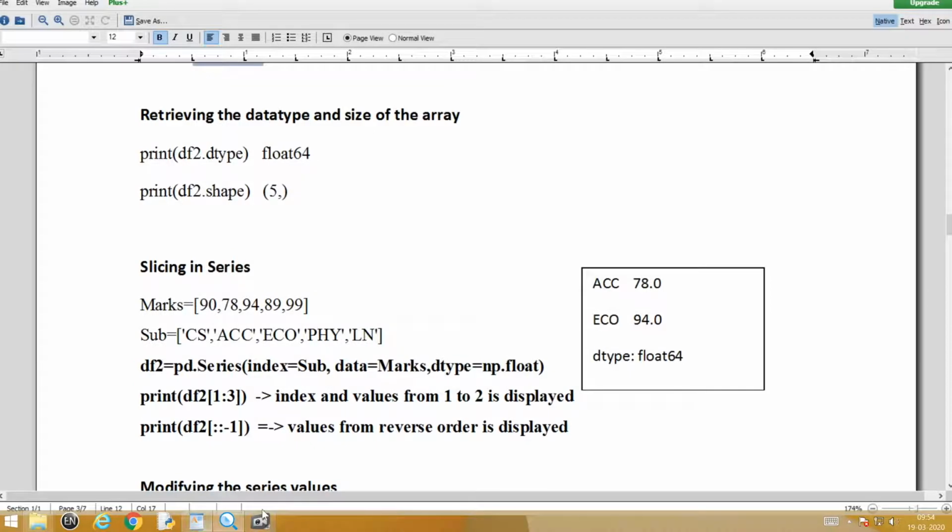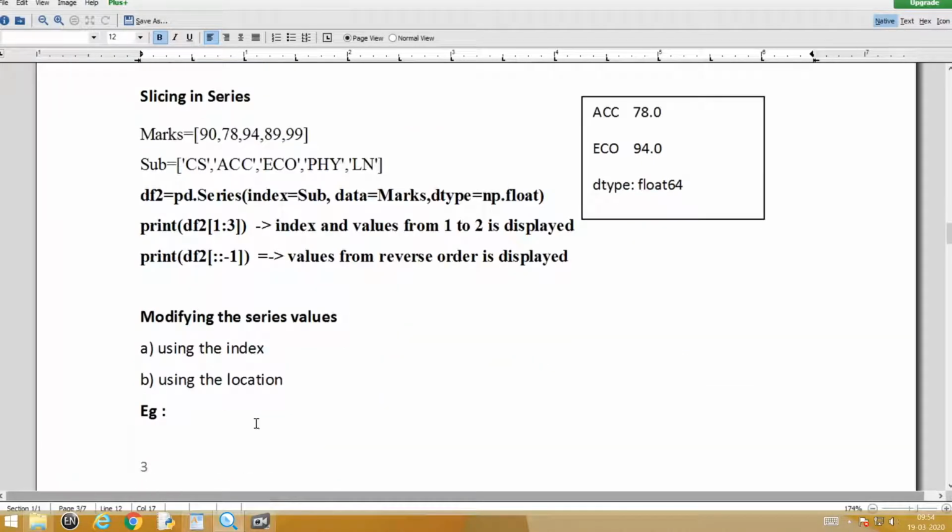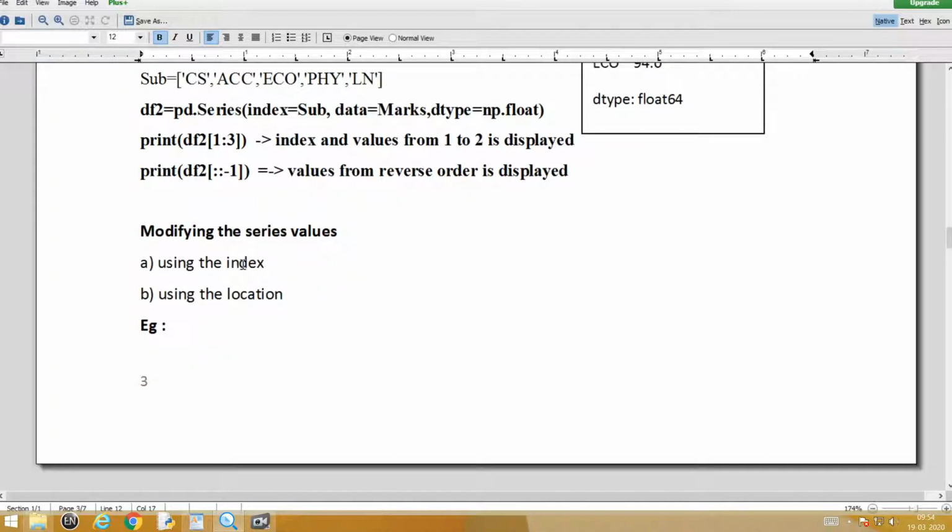Then we moved on and understood that slicing can also be done. Then modifying can also be done, which we have done in your NumPy, using index and using location.